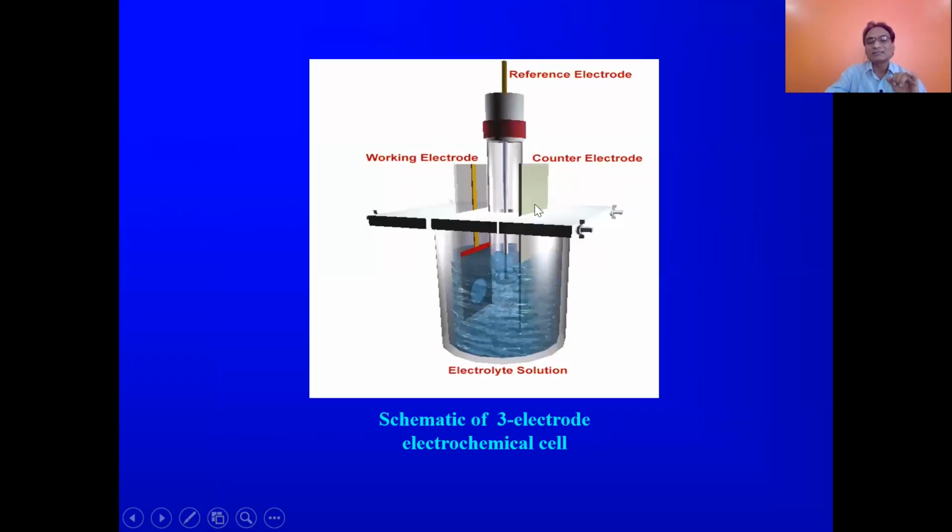This is another schematic of a 3 electrode electrochemical cell, very simple, right? You have got working electrode, counter electrode, and reference electrode. Okay, so as I mentioned earlier, for synthesis purpose you need working electrode, counter electrode and reference electrode,